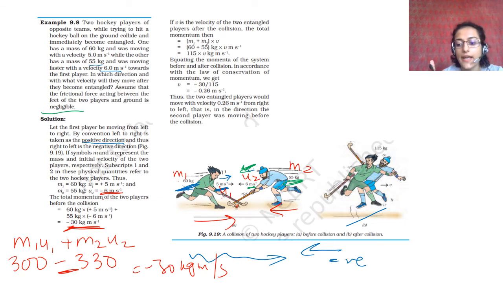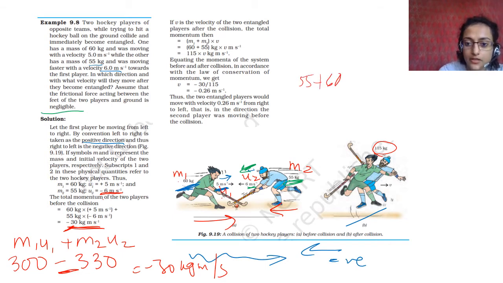So again, like the same thing that we did with the girl and the cart, दोनों का mass we will consider as one because the system has changed. So total weight is 55 plus 60 is 115, like is given here, and velocity remains same. Velocity is v, final velocity. So we have this equation for the final momentum after collision.